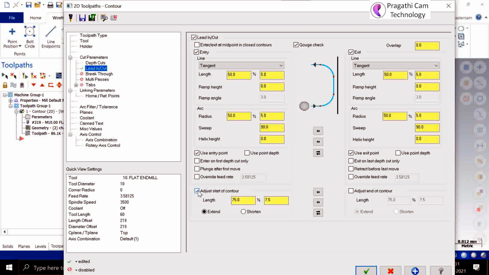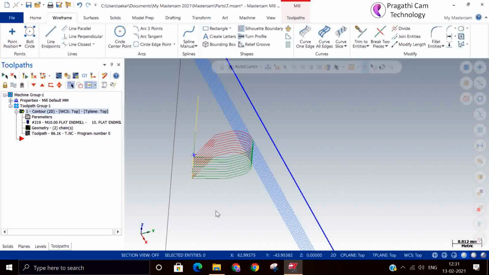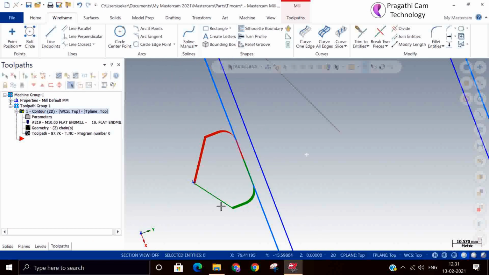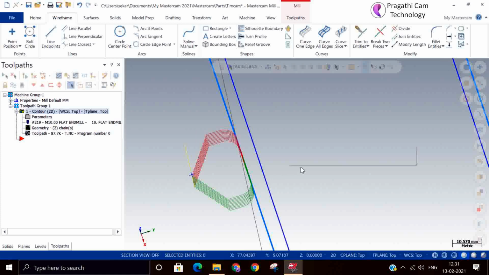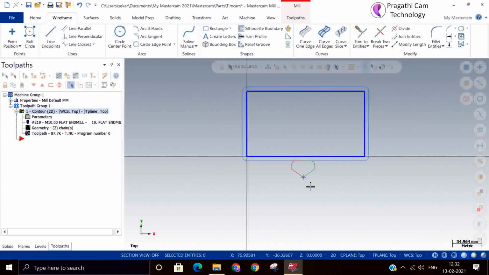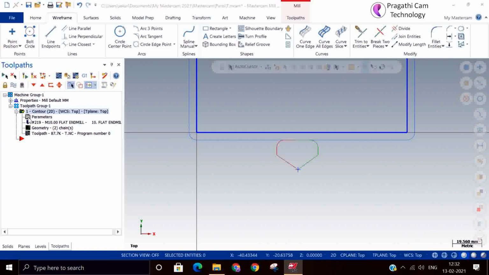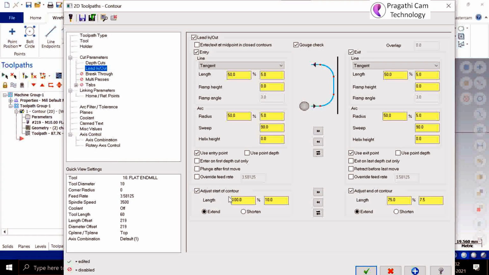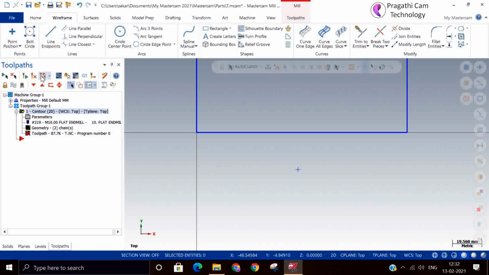Contour length, if you want a little increase or reduction, you can do that also. Some percentage you can extend. You can see there is a little extension in the entry. Now I will modify and adjust the start contour. Small changes, if you want, you can see the starting is changing.